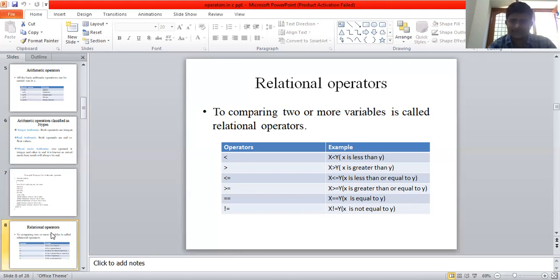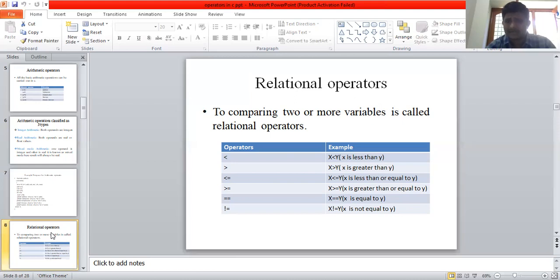Here is the table showing the relational operators and examples of their expressions. The first operator is less than. X and y are two variables of C programming.